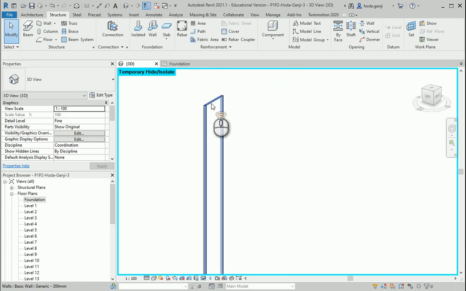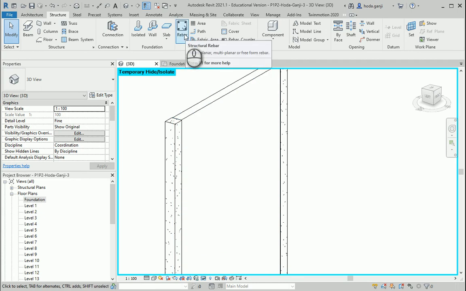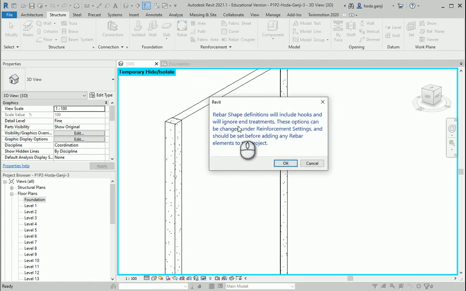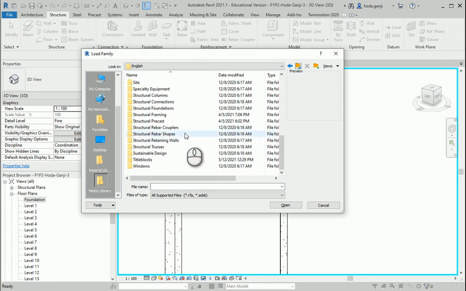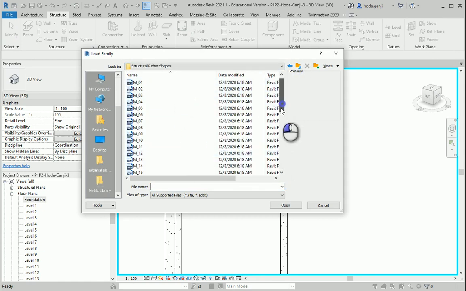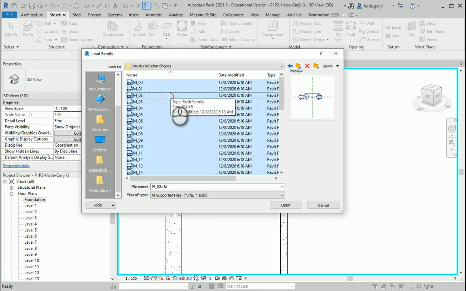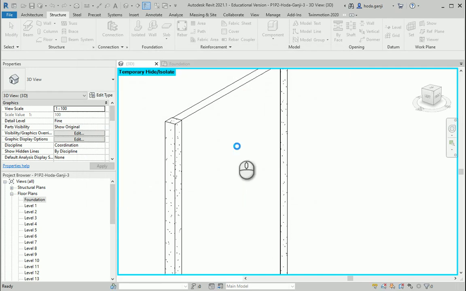So now let's set the rebars themselves. We can go to rebar. It's telling me that there are no rebar elements or shape definitions uploaded. I can go to rebar family. It's under structure, rebar, shapes, and I want to actually select all these items so I can work with them for different elements later. So I want to hit Control A instead of importing them one by one, and import all of them. So open, it's going to take a couple seconds, but then you have all the shapes available at once.